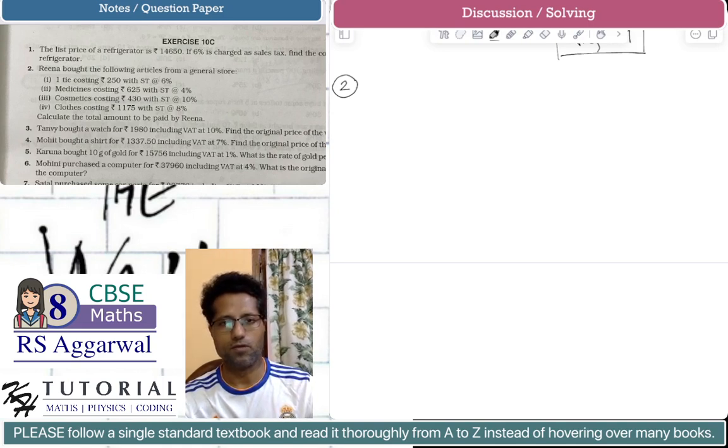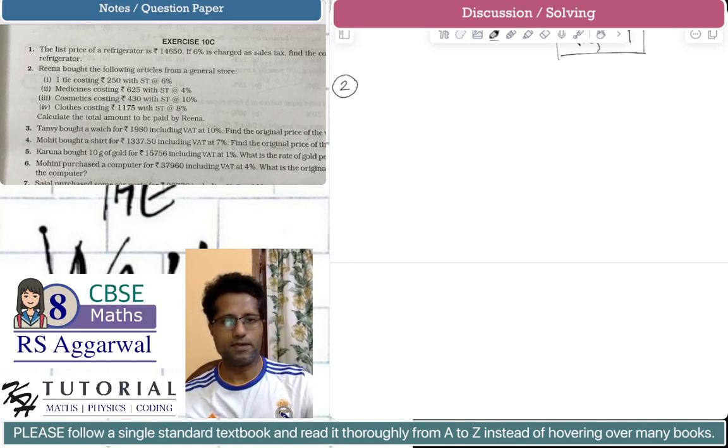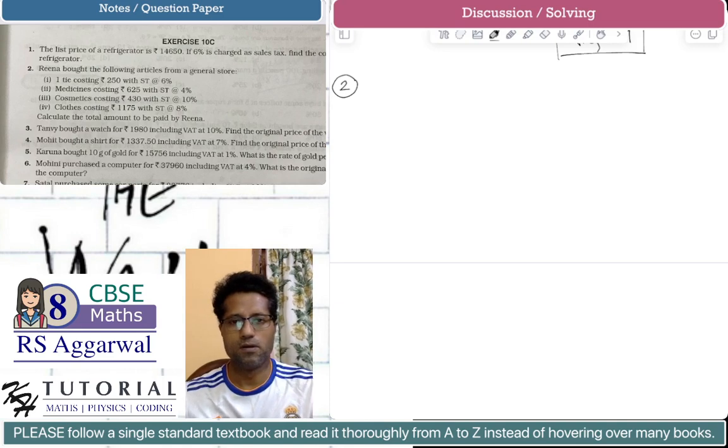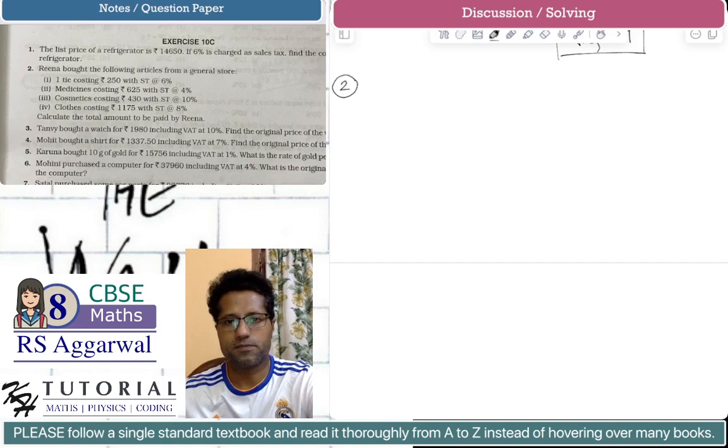Rina bought the following articles from a general store. One tie costing rupees 250 with sales tax at the rate 6%. Medicines costing rupees 625 with ST at 4%. So the items, articles purchased